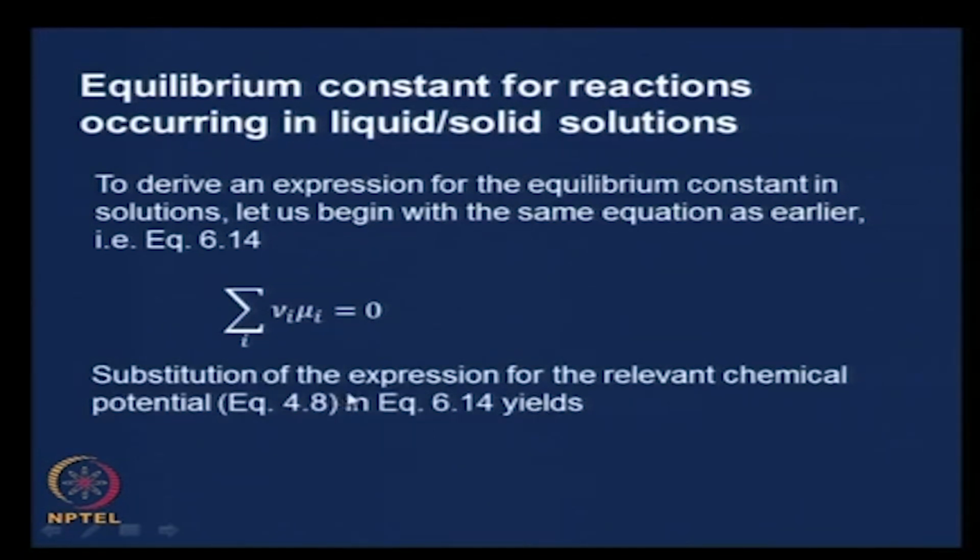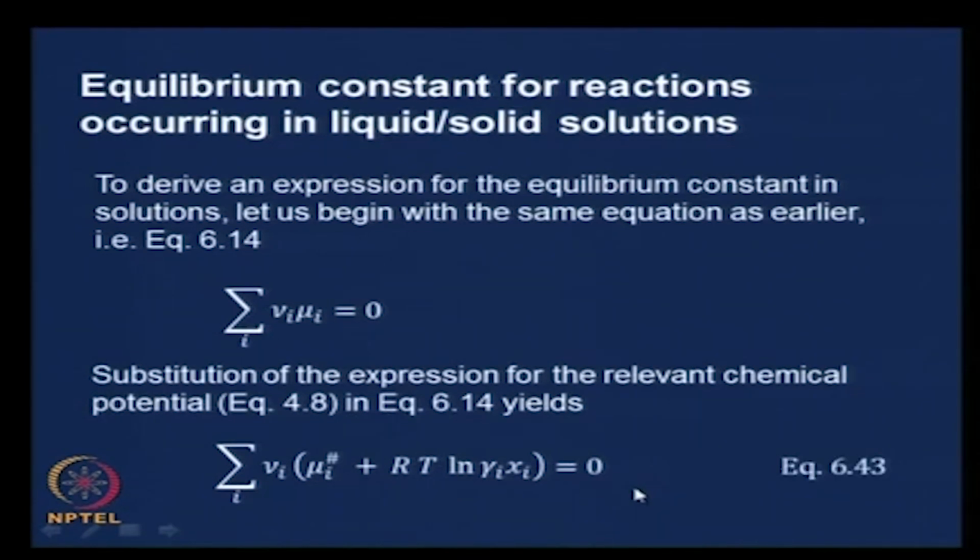If we substitute the expression for the relevant chemical potential, this is for liquid or solid solution, therefore you know that it is going to be mu i equals mu i hash plus RT ln gamma i xi. That is how we characterize the liquid and solid solutions. If we do that, sum over i of nu i, replacing mu i with mu i hash plus RT ln gamma i xi, this equals 0. Let us call this equation 643,